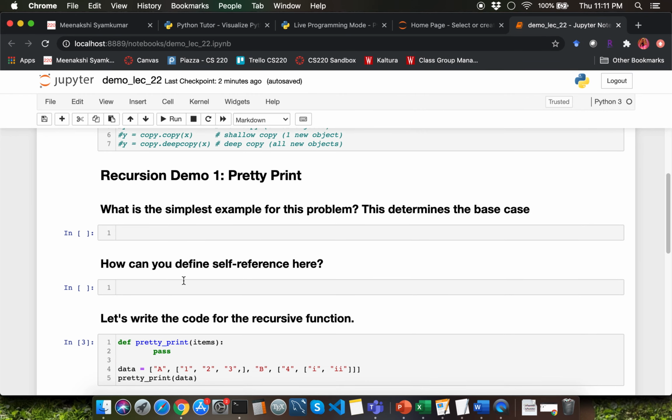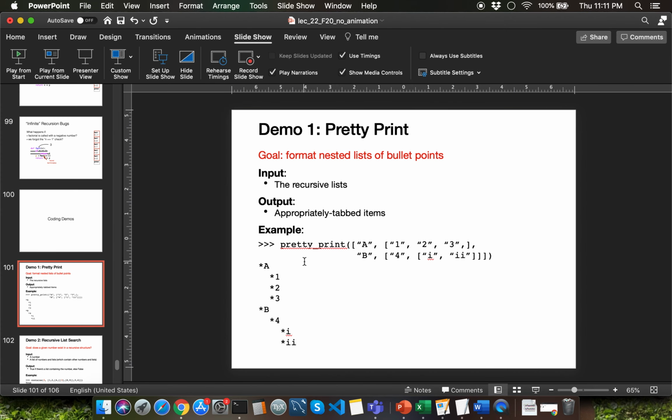Let's go through recursion demo 1 questions. First question is asking, what is the simplest example for this problem? That is going to determine the base case for it. So we need to create a pretty display out of a nested data structure, correct?